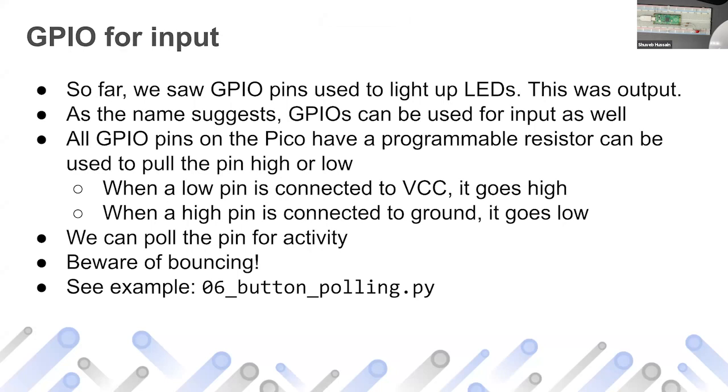Like I said, GPIO is general purpose input output, which means that you can use it for input as well. So all GPIO pins on the Pico have this, which is very important, folks. Let's say that you want to read a GPIO pin state. What is a state? It can be either 0 or 1. A GPIO pin is simply like a variable, and it's memory mapped. You don't have to worry about it. Every GPIO pin has an address. You just read that address, you get a 0 or 1.